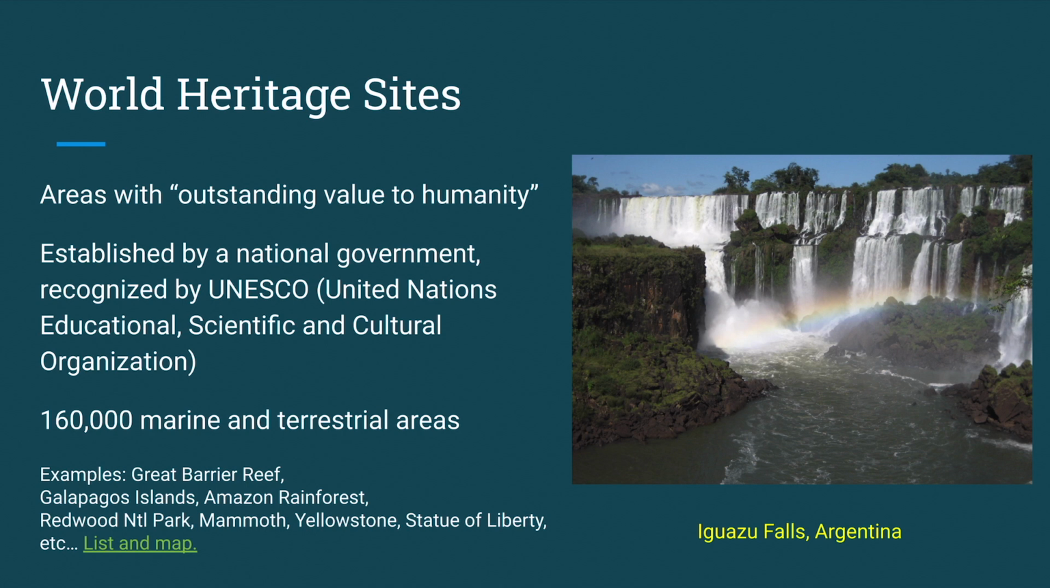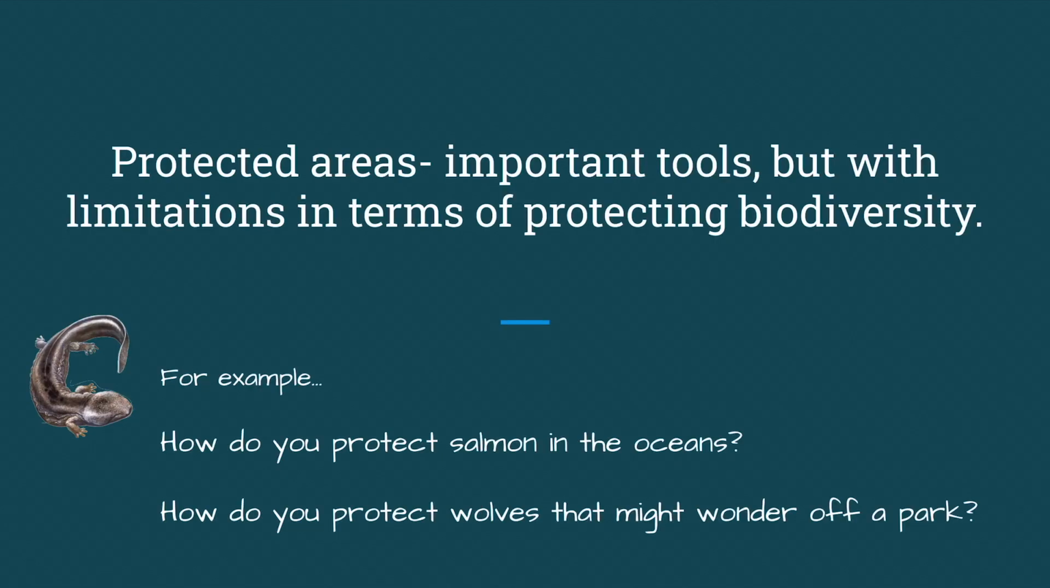And there are actually about 160,000 marine and terrestrial World Heritage Sites, including things like the Statue of Liberty, Iguazu Falls, and the Great Barrier Reef. You can check out more of these on the map linked here, and maybe even create a really neat bucket list for yourself. So protected areas like these are important tools for conserving biodiversity, but they have limitations in terms